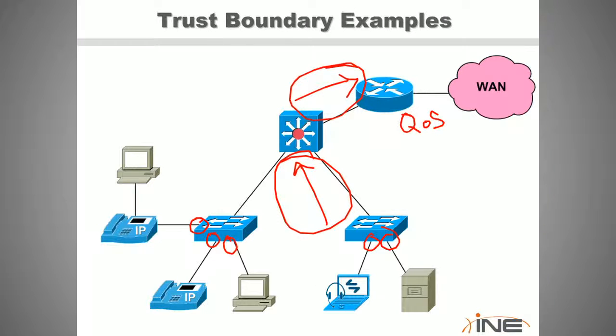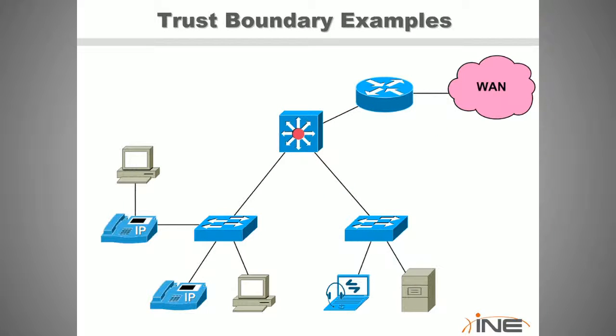If we look back at this diagram, from this switch, let's say this is switch 1, you could tell it to trust the voice that is coming in from the phone. Let's say that we give this a marking of 5, class of service 5, or IP precedence 5, but at the same time, the traffic that's coming from the PC, set this to 0. So the phone will be able to tell the switch what is the difference between the data traffic and the voice traffic. We'll get to that in a second. It has to do with the 802.1Q encapsulation that the phone is adding onto the